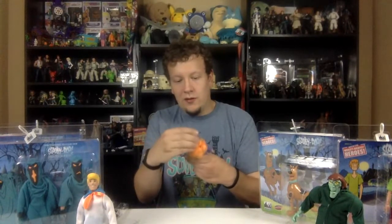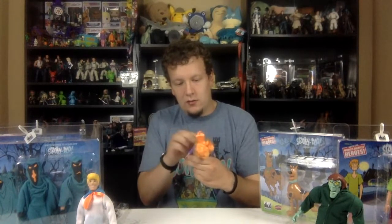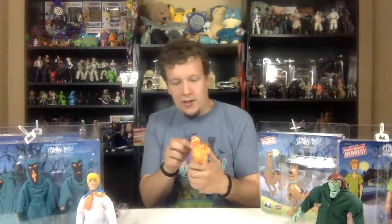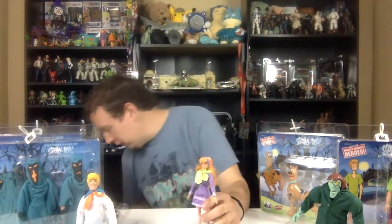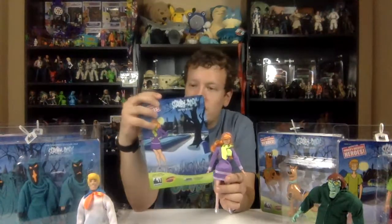Okay, so unlike Freddy, Daphne's got actual hair and not just a rubber piece. And her hair is all over the place. Let me grab. This is when I first got her, I noticed that too. It's like her hair is way too long. She's got way too much bangs, so it's not really screen accurate. But I'm